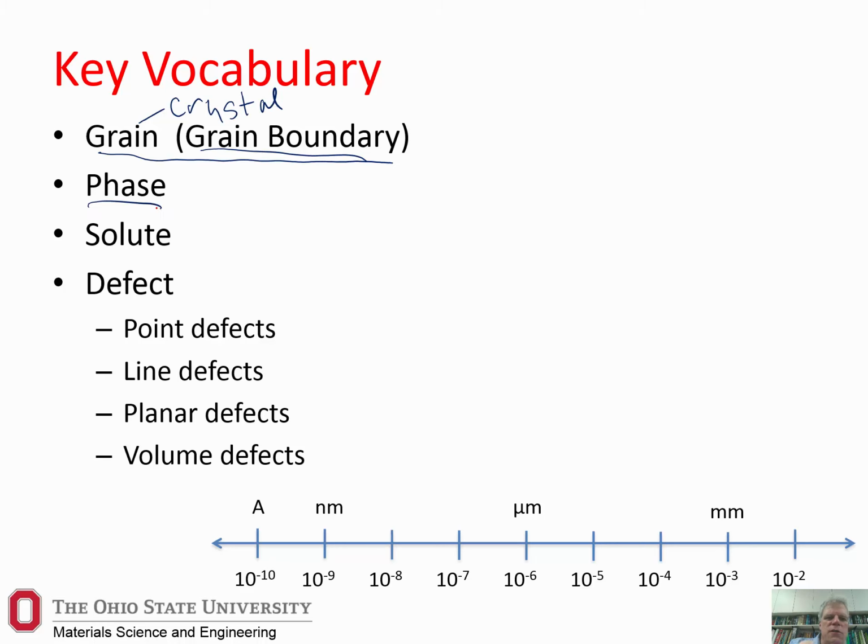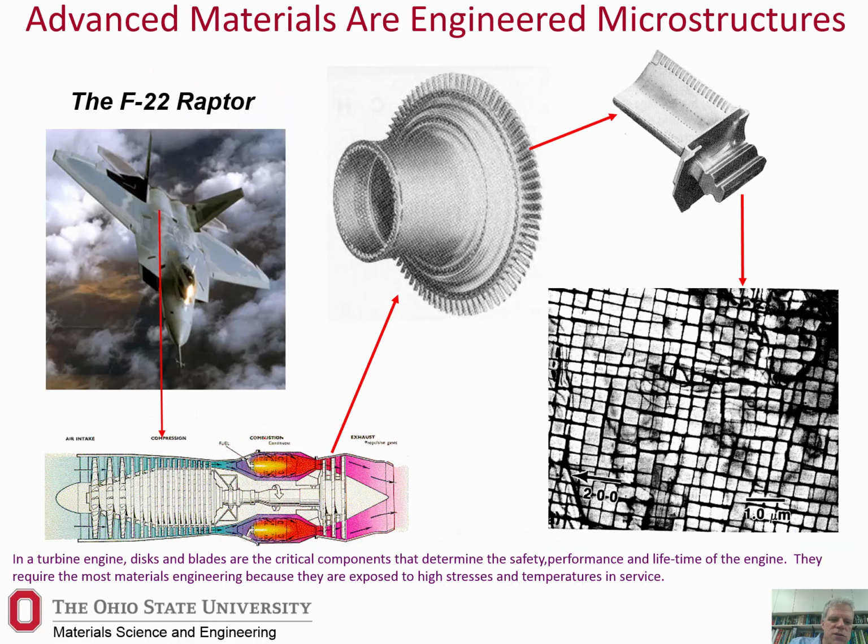A phase are these areas that are distinct. Within a crystal, you might have secondary atoms kicking around that can be dissolved in there. Those are solutes. You can have various kinds of defects. You can have point defects, which are extra solutes, or maybe vacancies. You can have line defects, which are these dislocations. Planar defects include